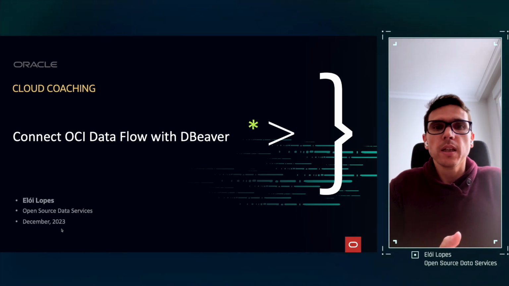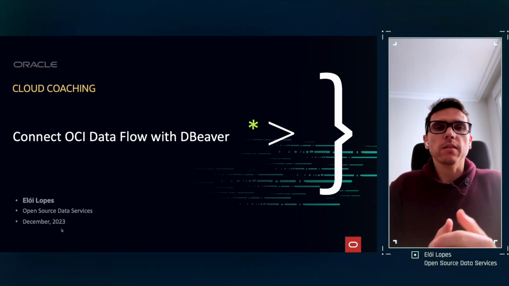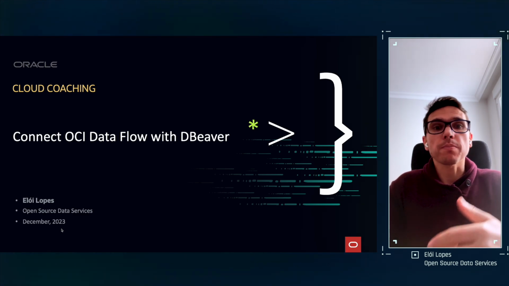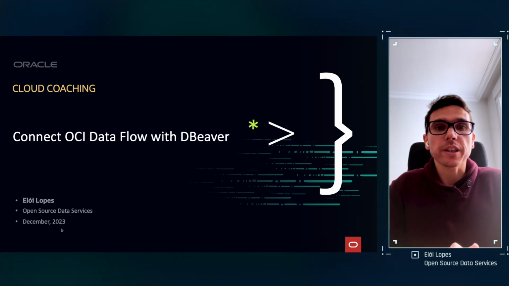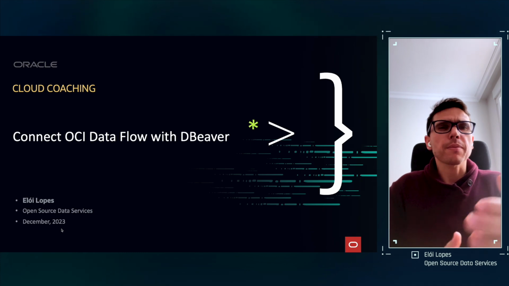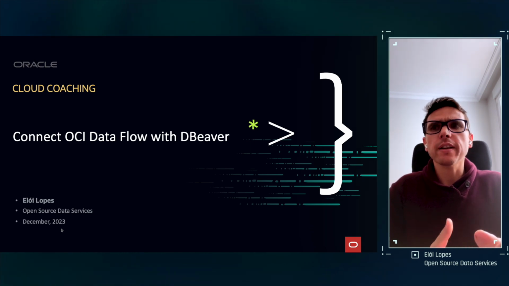So it's a simple demo with DBeaver. Basically, I'm going to check first the policies since they are quite important, and after, the steps that you can find in the documentation. But there are some tricks with DBeaver in order that you can set up the connection